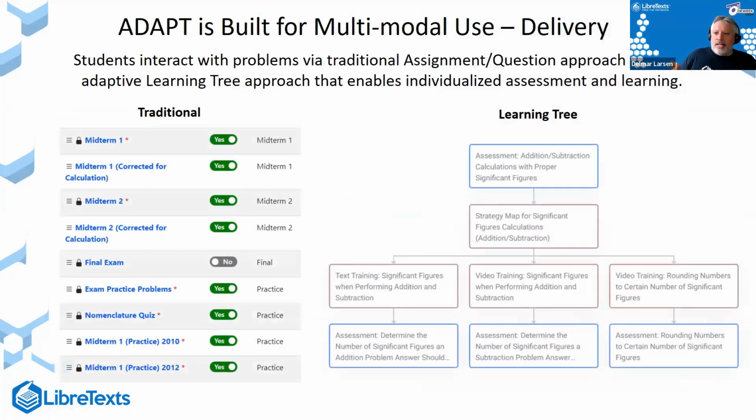Adapt has the name Adapt because it has some adaptive learning capabilities. So instead of providing homework in a traditional fashion, where a course has an assignment, the assignment has questions, the questions are open on this day, they're closed on this day, they're graded in this way, something that learning management systems provide, we provide the opportunity to generate what we refer to as learning trees. Learning trees are based on decision trees, which is a simple adaptive learning approach, where instead of providing a black box algorithm-based recommender engine, which takes a lot of resources to build, a lot of resources to train, and is oftentimes not terribly good,